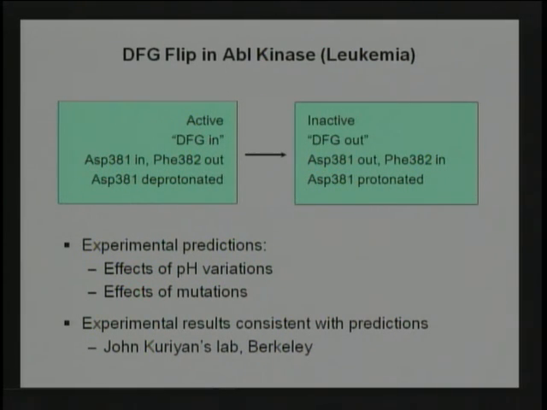It's a drug called Gleevec, and so we wanted to understand the mechanism at an atomic level of detail of a previously known structural change, and then we looked at how Gleevec blocked that. We made some predictions based on that to test our theory about how changing the pH ought to change the binding affinity, how well you get Gleevec binding, and John ran experiments which matched that very closely. Then we simulated various mutations and made predictions about that. John again tested them, and that worked out quite accurately. So we have a reasonable amount of confidence in that model.